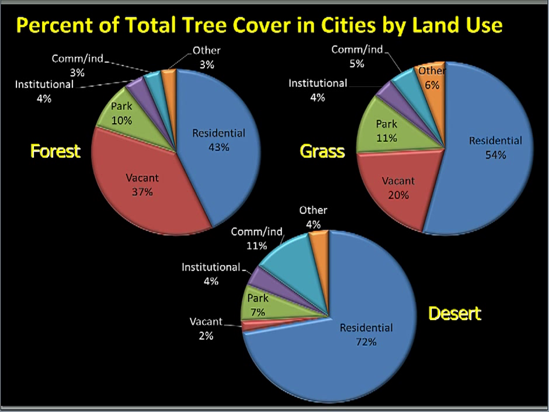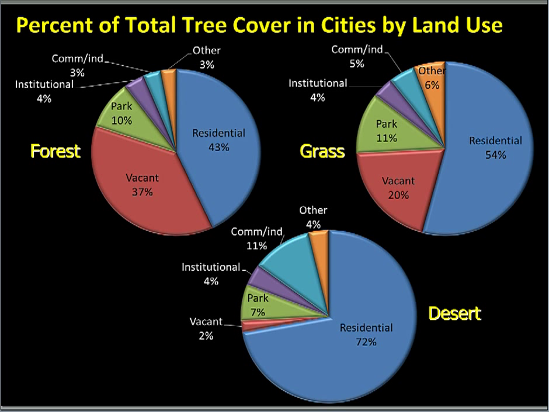Now within the tree cover, this is an interesting statistic. If you live in forested regions of the United States, say the East Coast and parts of the West Coast, where you have forests as natural vegetation types, you typically have tree cover in urban areas of about 40 to 60%. In areas that are typically grassland, tree cover in urban areas is about 20% overall, and in deserts, it's maybe around 10 to 15%. So ecoregion, where you live, is a main driver of how much cover you have within your city system.